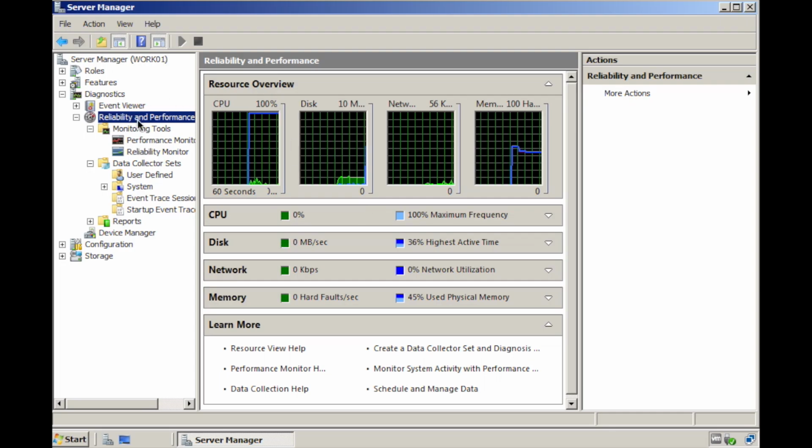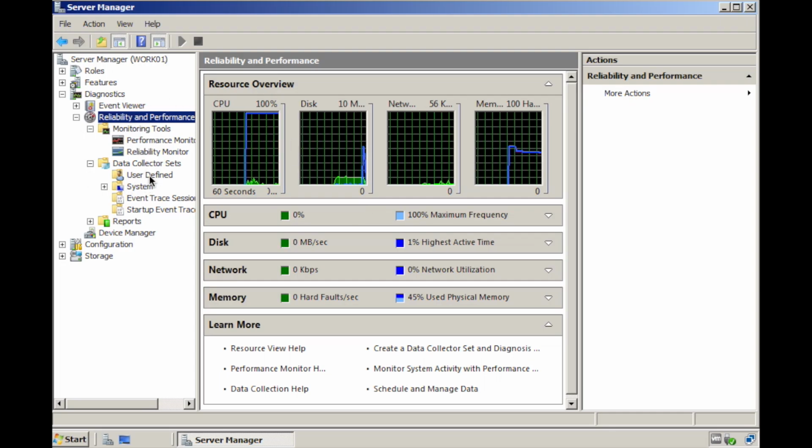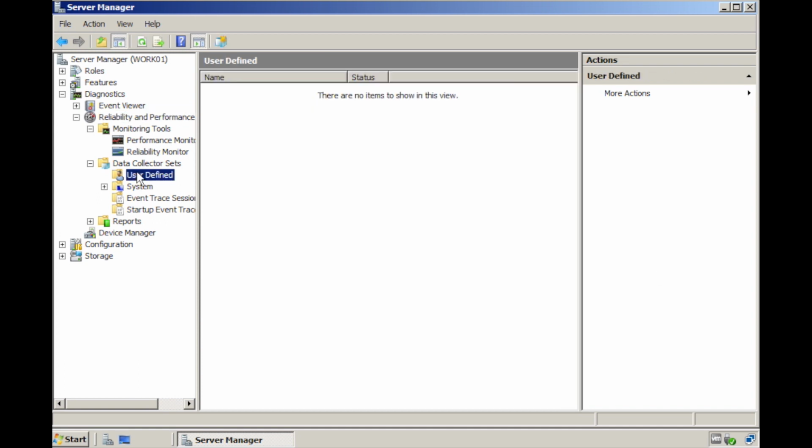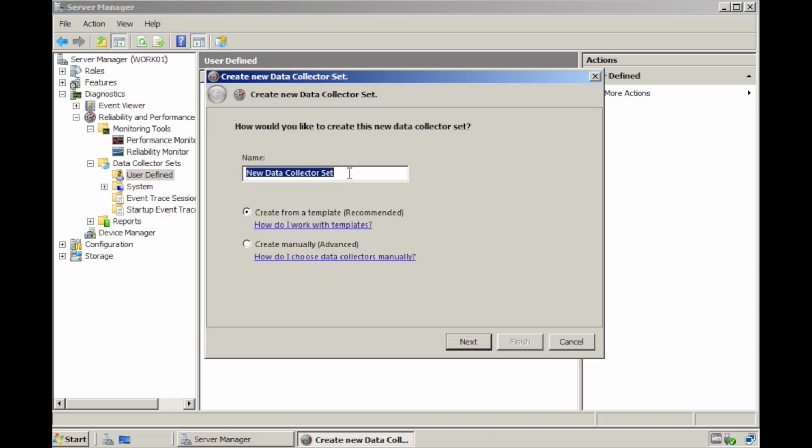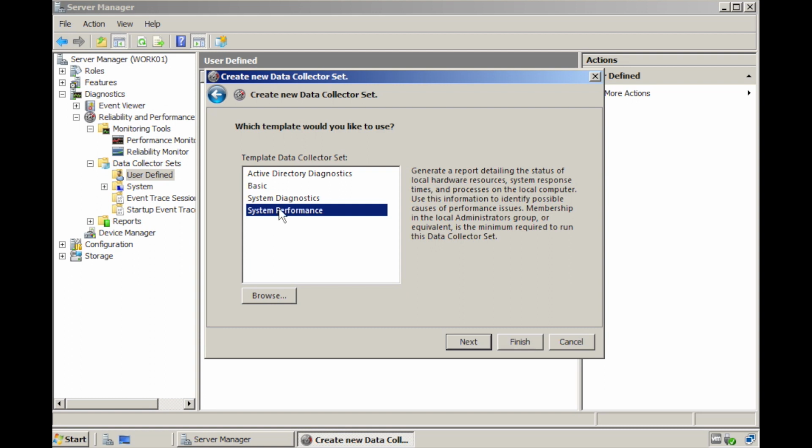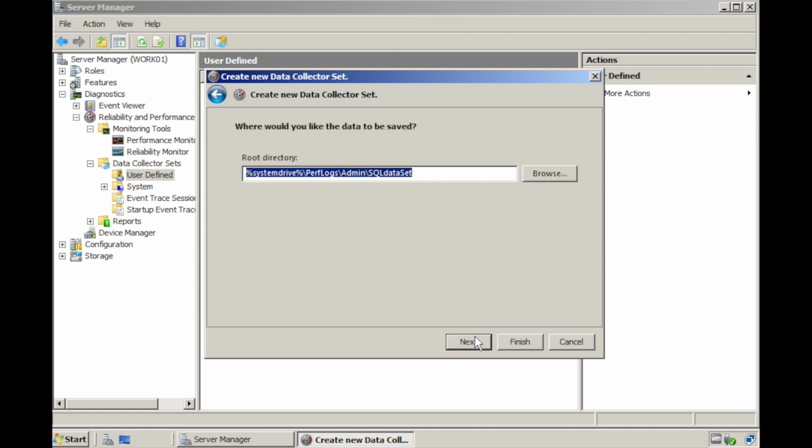Another thing in Reliability and Performance Monitor is create data collector sets. These make it easier to see groups of data that are interrelated and relate to a specific task or function that we want to monitor. So under user defined, we can right click, go to new, create a data set. We'll just do SQL data set, and we'll create it from a template just to make it simple. And let's do system performance, because that's really one of the things we're looking for when we're talking about an SQL server. Click next,